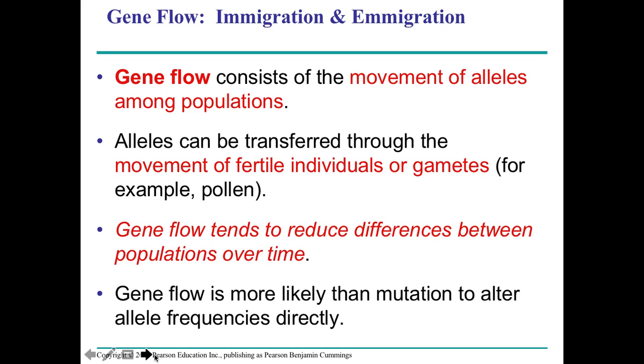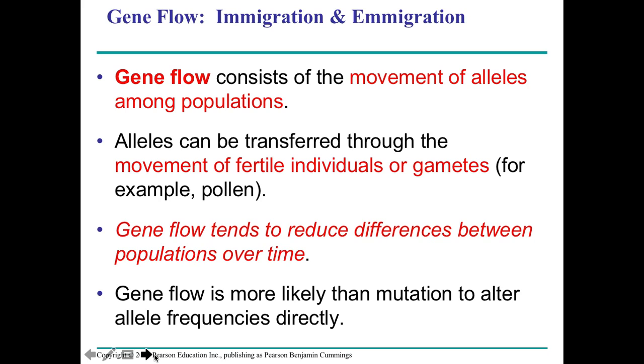So gene flow is another thing that can cause evolution. Gene flow is exactly what it sounds like. It's moving genes. Gene flow can be from emigration or immigration. Immigration is moving into a population, emigration is moving out. So alleles can be transferred when organisms that are fertile, that can have babies, move in or out of